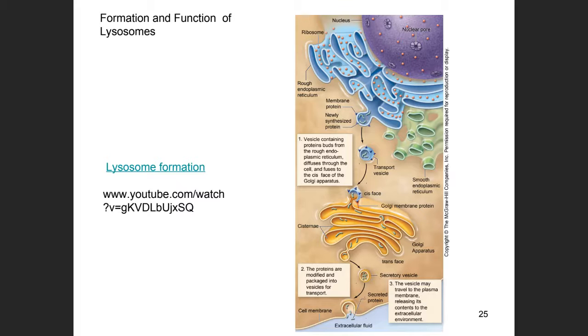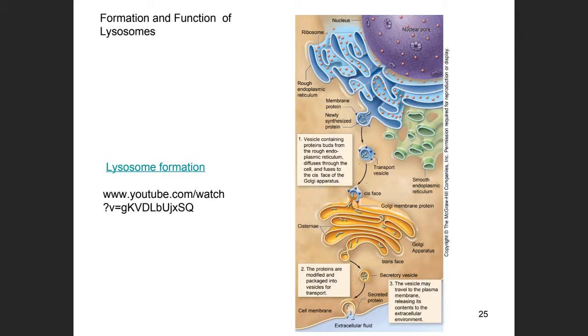So let's look at this. For example, we need to transport some content outside. So we came in from the reticulum endoplasmic, go inside the vesicles. Information came from the DNA, all right? Go through the reticulum endoplasmic, go through the vesicles. The vesicles came to the cis face